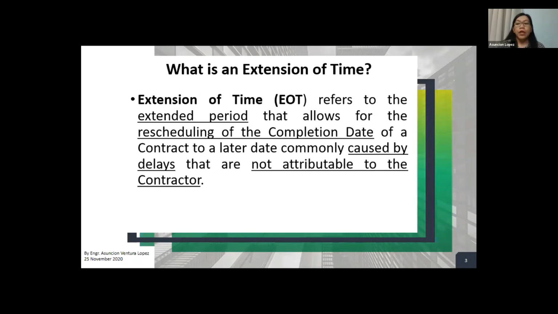However, it should not include the own delays of the contractor. So any other delays that are not caused by the contractor may be considered for an extension of time claim.